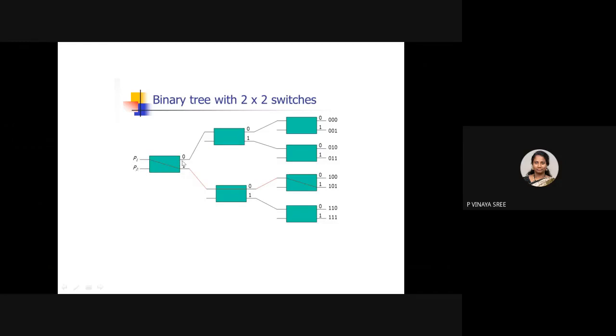Initially while explaining I said that two inputs cannot be connected to the same output. Only one will be allowed and the other will be blocked. So here P1 is already connected to output 0, so for P2 the other option is to connect to 1, and it can access where the MSB position equals 1. Why? Because just now I said, if MSB equals 1, this is the first stage, the middle bit is your middle switch, and the last LSB position is your last switch.